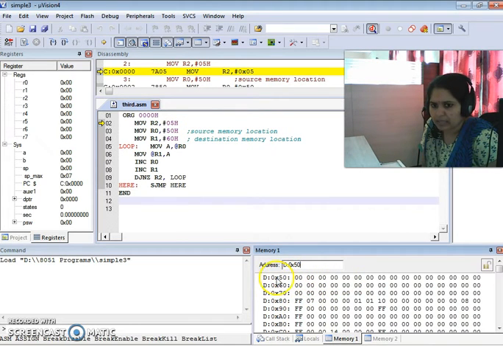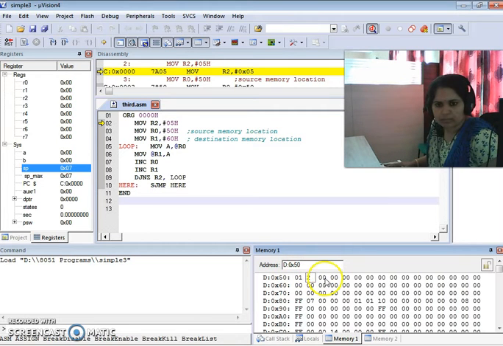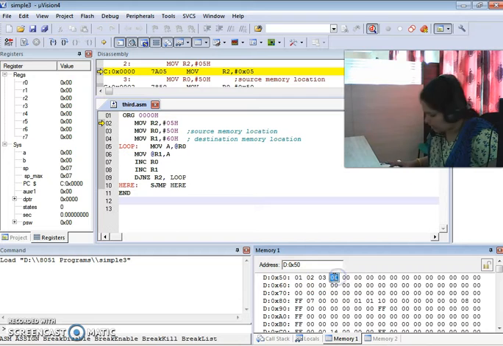So how to put the data? So this is my 0 cross 50H. So this is the first location 50. This is the second location 51, 52, 53 likewise. So I want to transfer 5 bytes. So I will just put 5 numbers. So I will put 1, then in the second memory location 2. Any number, whatever data you want to transfer, you can just mention here. Just double click on that and just type any number. So I have mentioned these 5 bytes. Okay, and these are the source memory locations. At those memory locations these bytes are available.